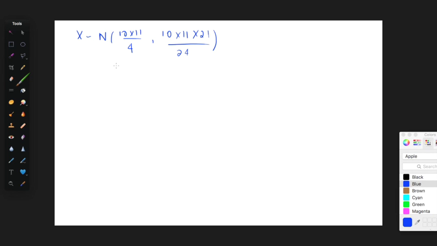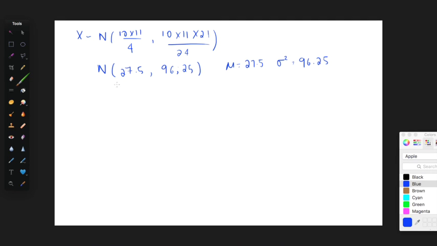And that will give me a normal distribution of 27,5 and 96,25. Okay, so there we have our mu. So mu is 27,5, and sigma squared is going to be